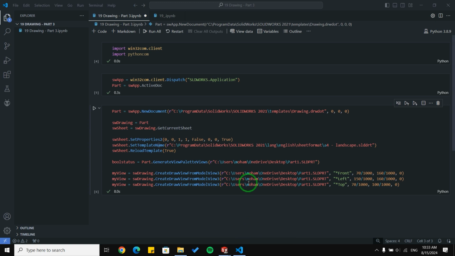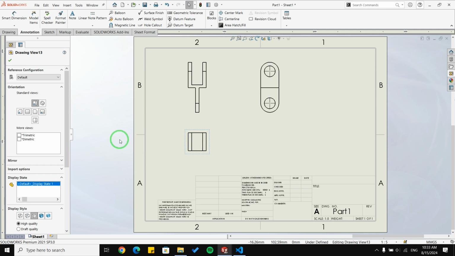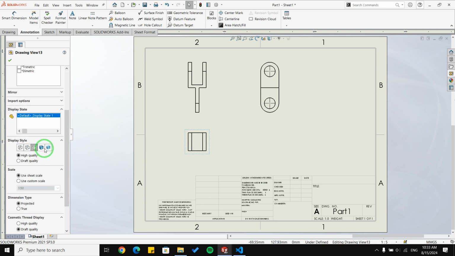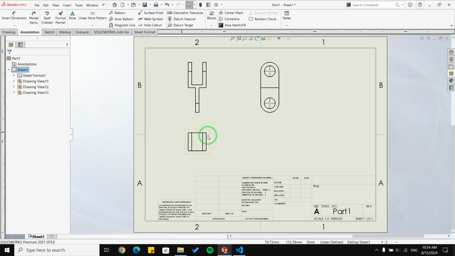Okay. Let me show you our drawing here. As you can see, we have 3 main views here, and we want to change the style of some of these views. For example, here we have 5 different display styles, and we know in drawing sometimes we need to show some hidden lines. For example, here we need to show hidden lines with this style. Okay, I want to do this with coding or scripting. So let me put it in the original and let's talk about how to create some script to do this for us.